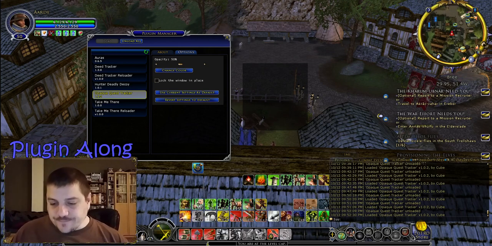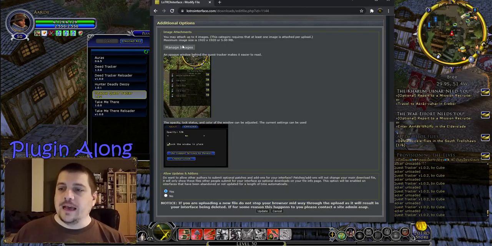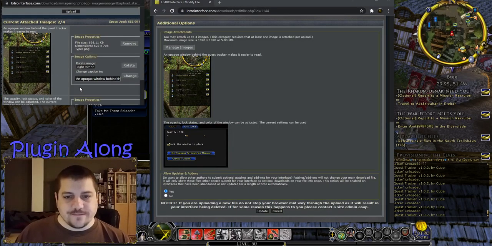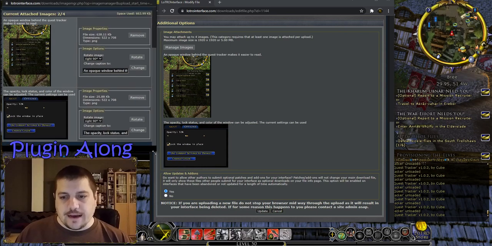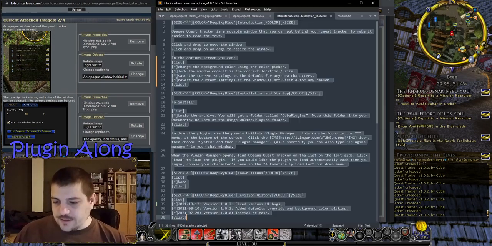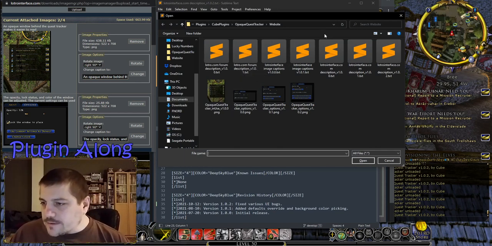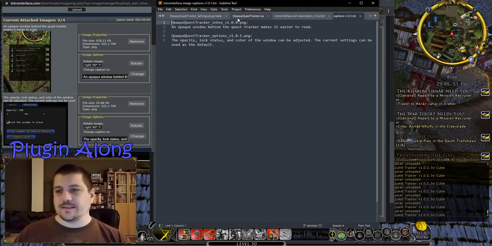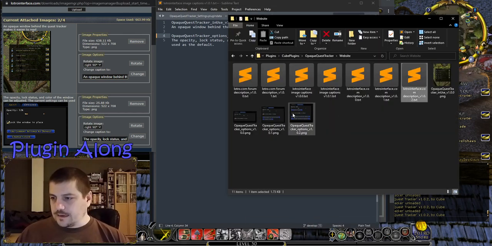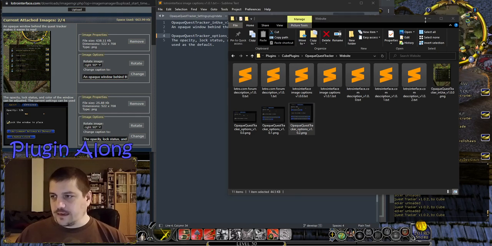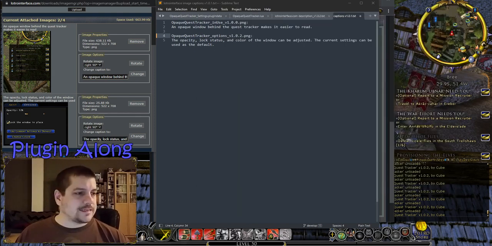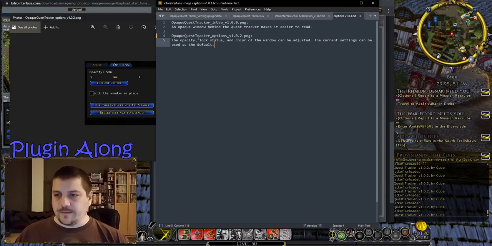That being said, let's go ahead and refind. Oh, there we go. We can manage our images. Oh, we also have descriptions. All right. Let's see, image captions. Let's go ahead and open that up. We're updating this, so wouldn't it be nice to remember what this looked like while I'm captioning it? There we go. All right, the opacity,